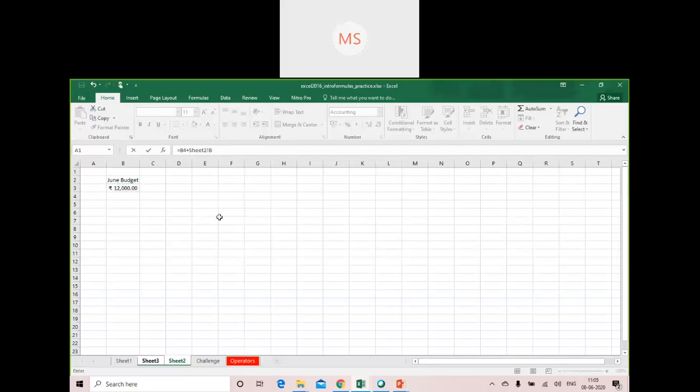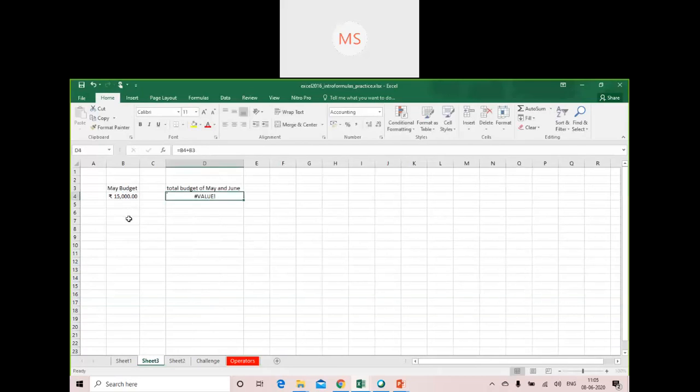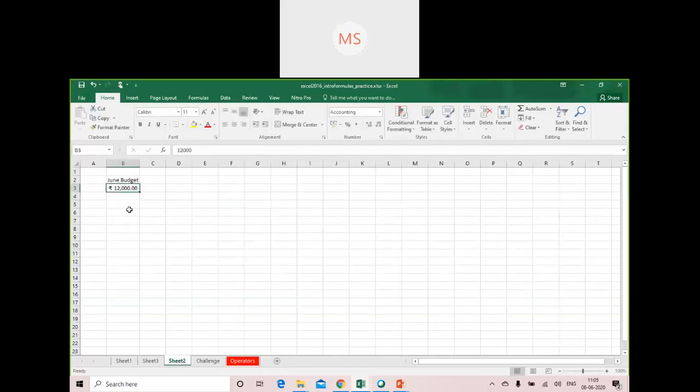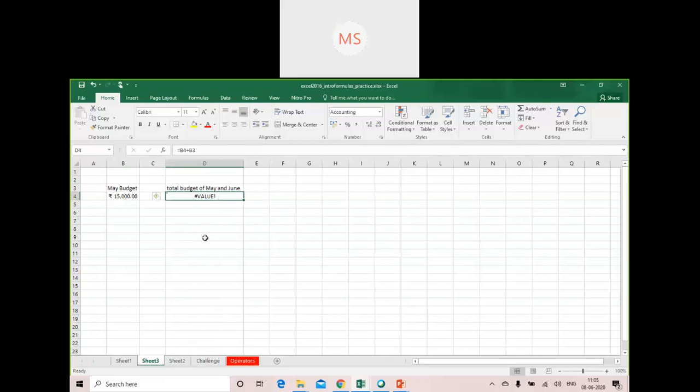So now to use that value, what I need to do is a proper referencing of that particular cell, and for that, I can use it in this way.